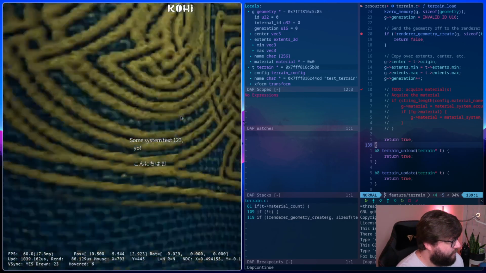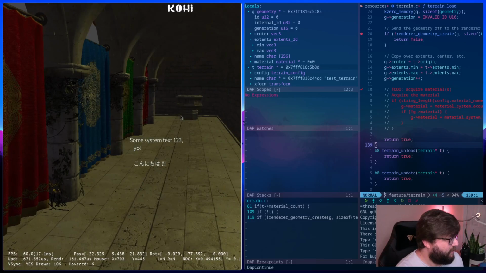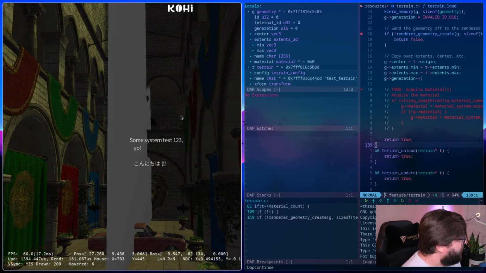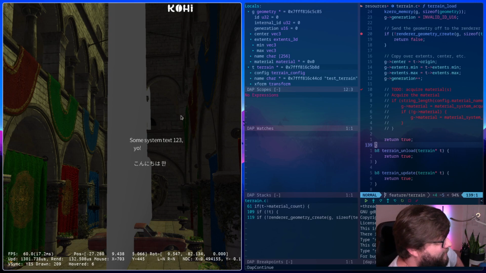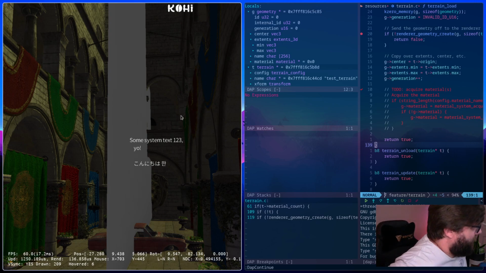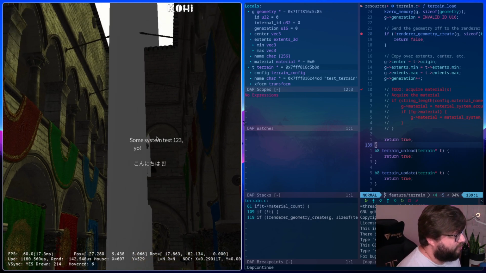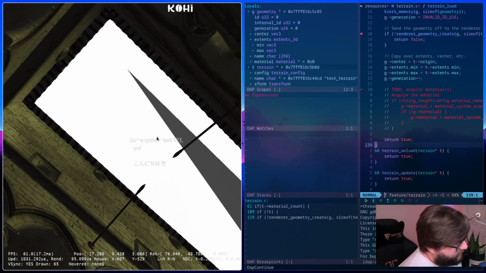I think we might have just fixed it. Yep. Okay. That was it. Except now it's facing the wrong way. So I apparently generated the geometry in the wrong way, or mixed up Y and Z somehow. But yeah, this is half what I was expecting to see.